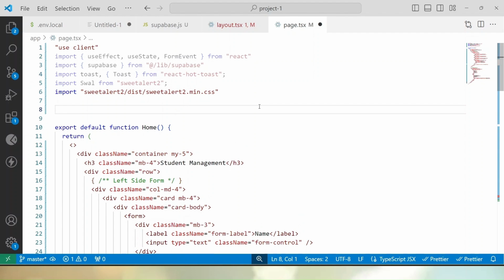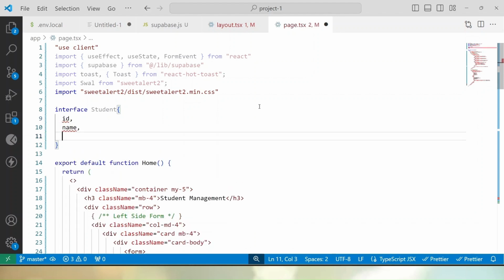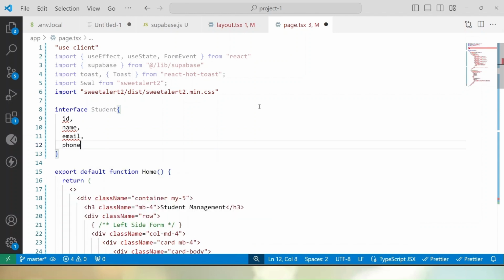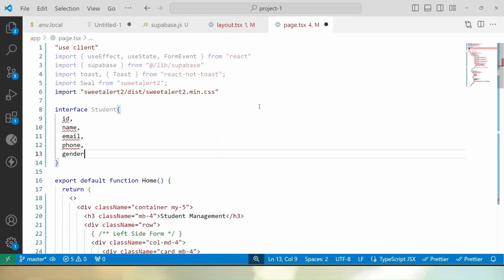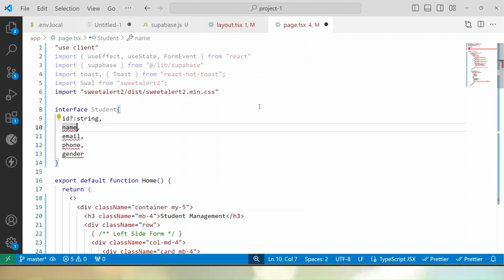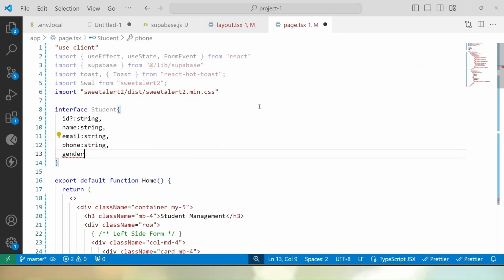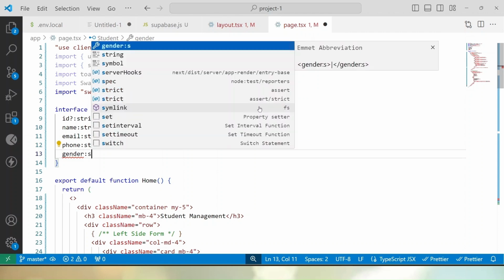As we're using TypeScript, let's create an interface of a student. So the student object contains ID, name, email, phone number, and gender. Let's define its type. This ID will be of type string. Email also contains a string value. Name will also contain a string value, phone number also contains a string value, and gender also